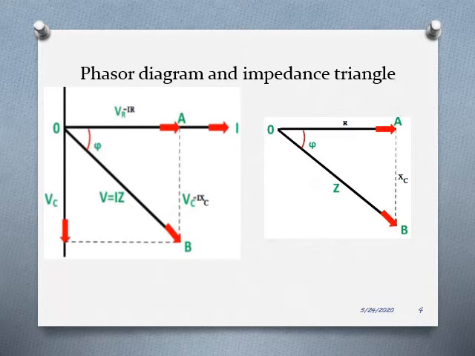The total voltage V will be the vector sum of VR and Vc. So the resultant will be the hypotenuse OV. So you get an exact right angle triangle in the downward direction. In the fourth quadrant you will be getting that triangle. So the hypotenuse, the vector sum of voltage V, will be the square root of VR square plus Vc square, or you may write it as IZ. That is the total current I and the total impedance of the network.